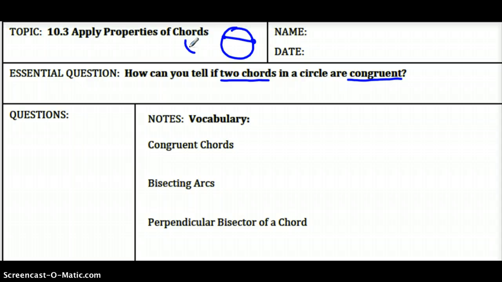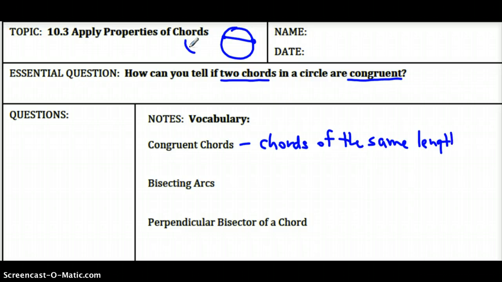A couple of things here. First of all, congruent chords are chords of the same length. Okay, remember chords are segments, and segments are congruent if they have the same length. Bisecting arcs,